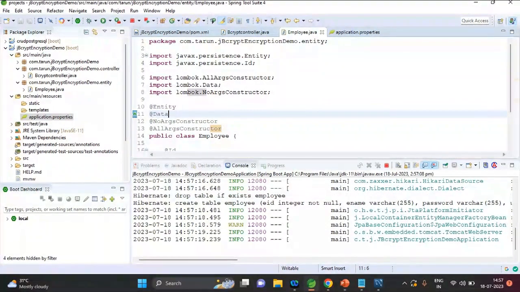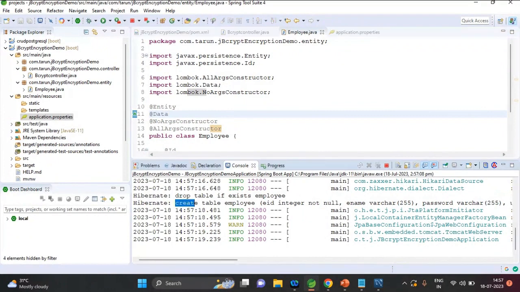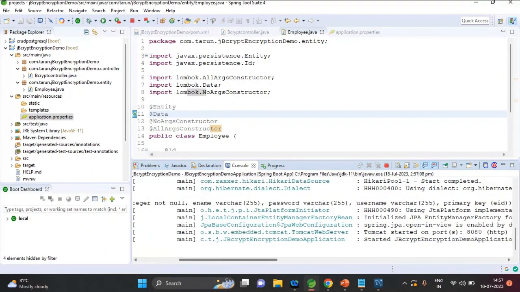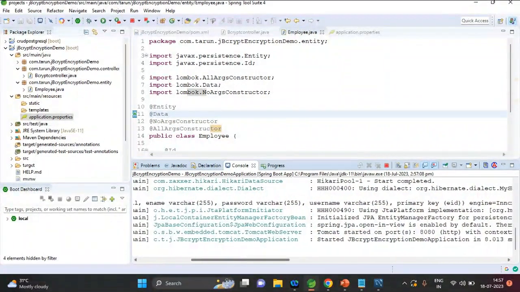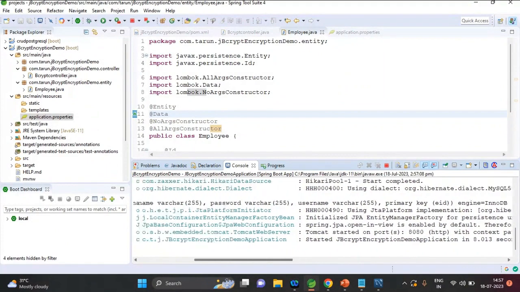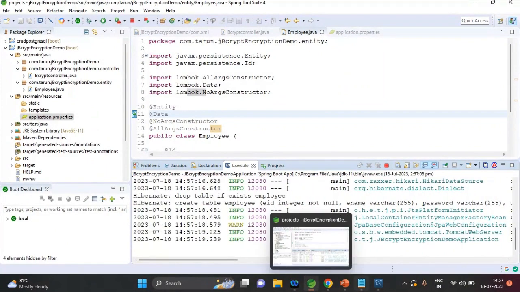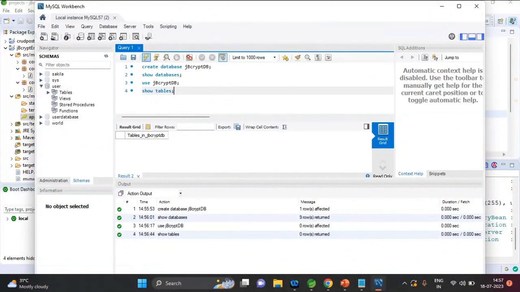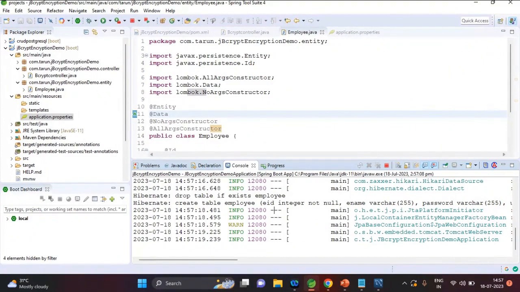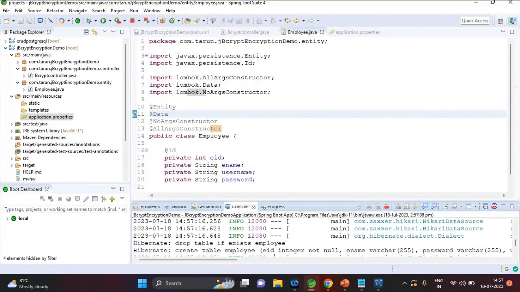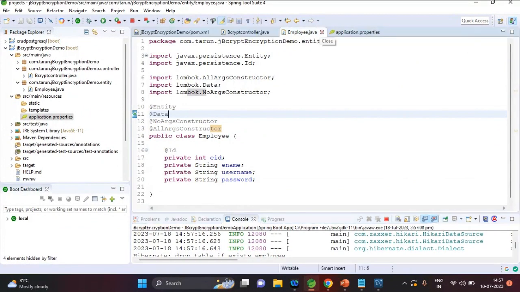Okay, so you can see here it will create table employee: EID, name, password, and the username, password. Name, password, username, primary key EID. So that means we got our table here. Yes, the employee table has already been created. So now we need to write the handler to save the data, and before saving we need to